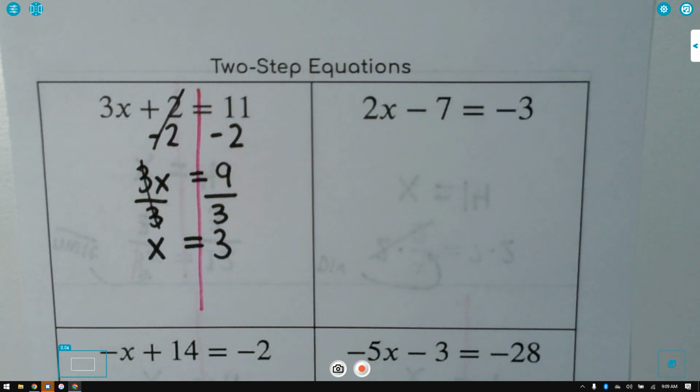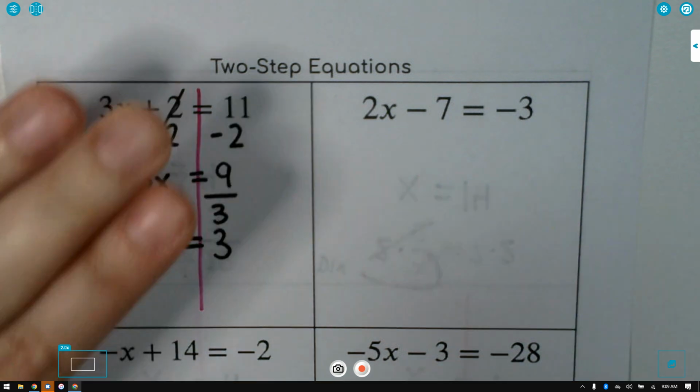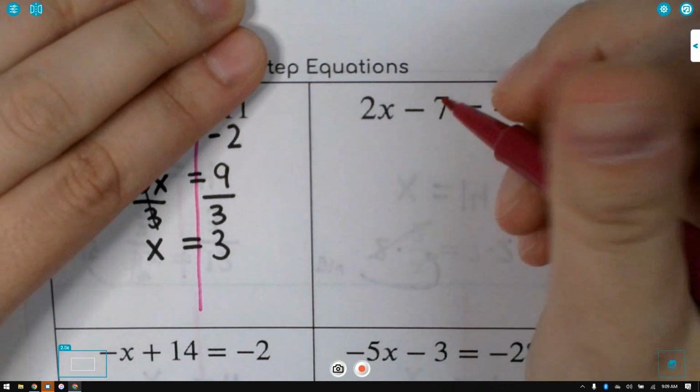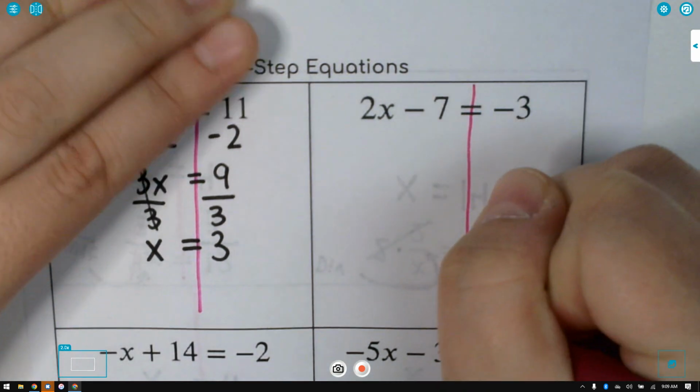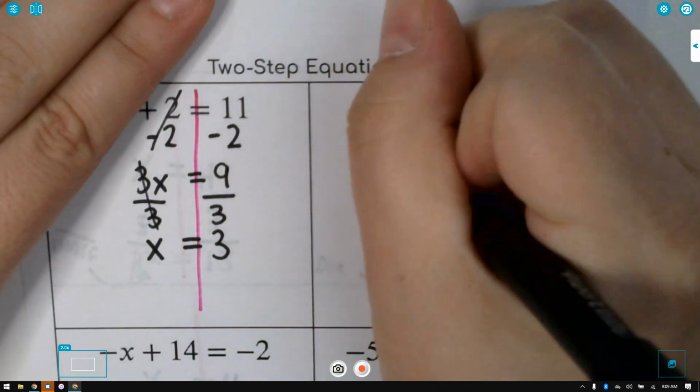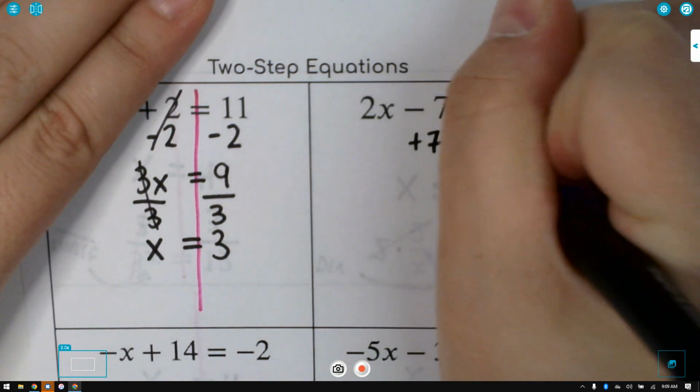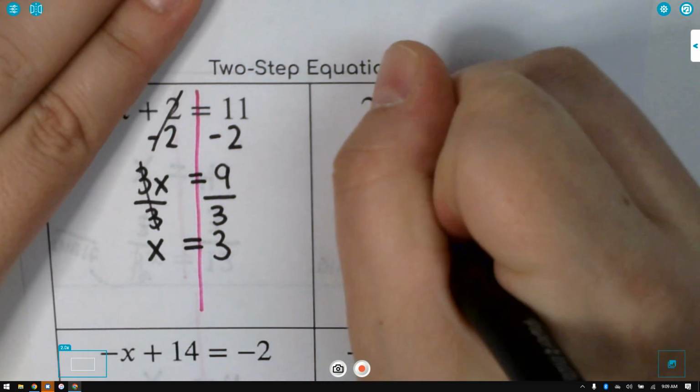Okay. Next one, 2x minus 7 equals negative 3. We're going to start with the same step, getting rid of the minus 7. So the opposite of subtracting is adding. So we'll add 7 to both sides. We'll get 2x equals